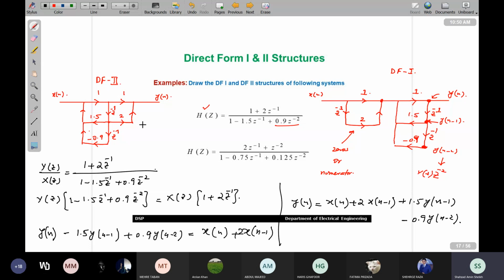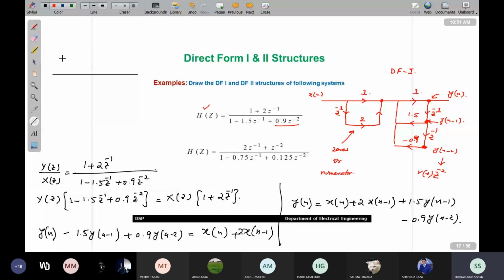Now we are moving towards direct form 2 structures for this example. So what we are doing, मैं इसको दोबारा बना देता हूं. So in direct form 2, what we are doing, we are having delay element and we have two delay elements and 1 plus 2 z inverse, the zeros वाली side जो है आप पहले implement कर लें. So that's the situation here. There's 1 and this is 2. 1 plus 2 z inverse,